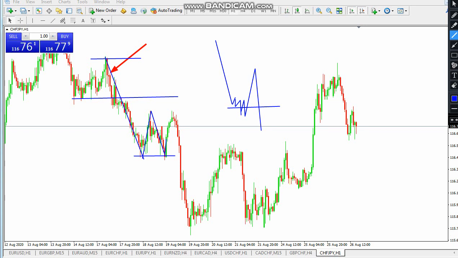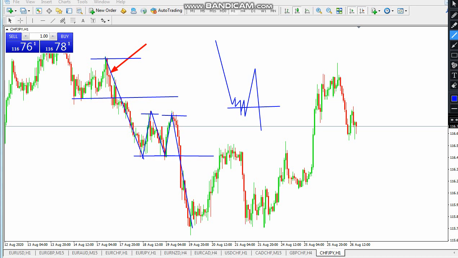Now we have this mini range, because you get to this area the first time, it pulls back, no new low, then it comes back again to the same area. Then what do you know? From this area it comes crashing down all the way again, giving us another low. It breaks this particular area.